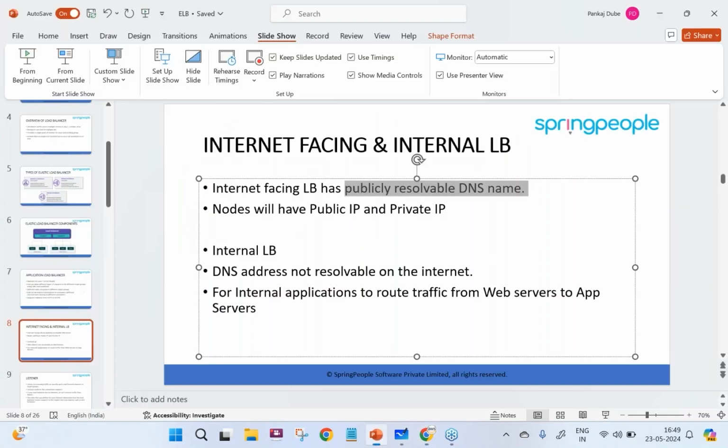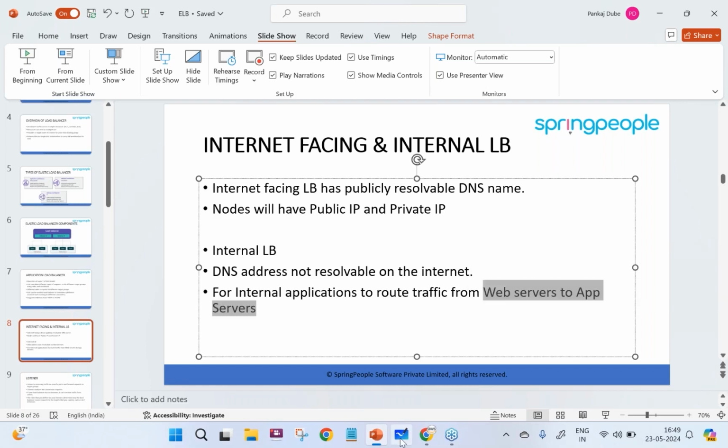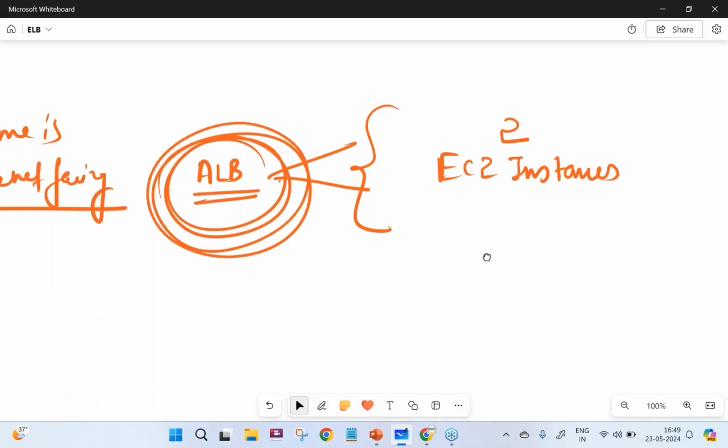Now, what will happen if I create an internal facing load balancer? The DNS address is not resolvable on the internet. And when should I use an internal facing load balancer? To route traffic from web servers to the app servers or database servers. If I create internet facing, that node in the subnet will have a public plus private IP.